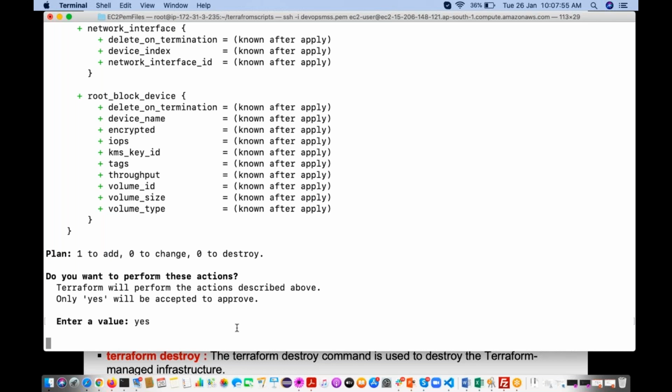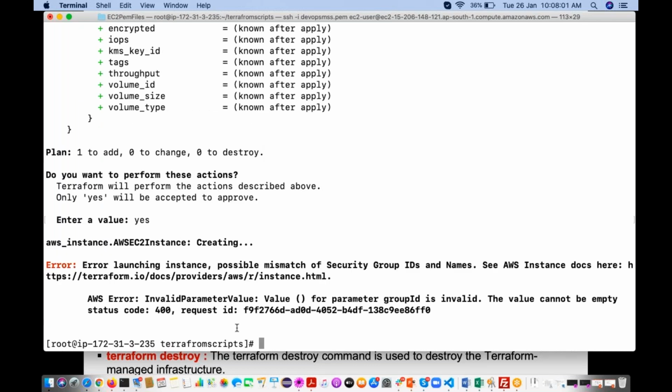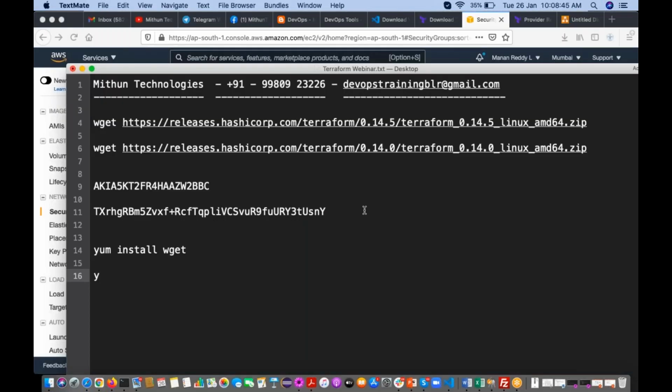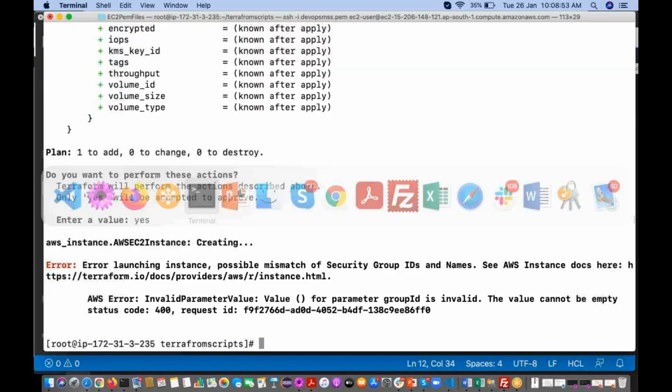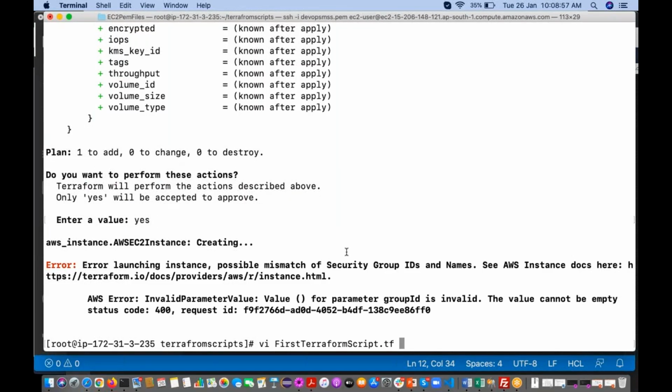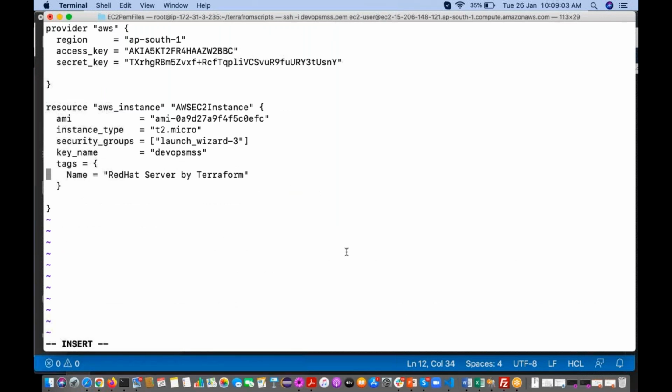See, it is hyphen wizard 3, not underscore. Clearly here, instance launch hyphen wizard hyphen 3. So go ahead and change the security group name here: launch hyphen wizard hyphen 3.